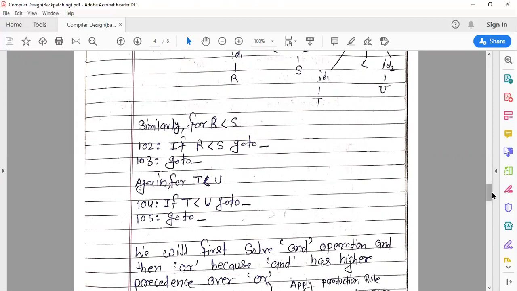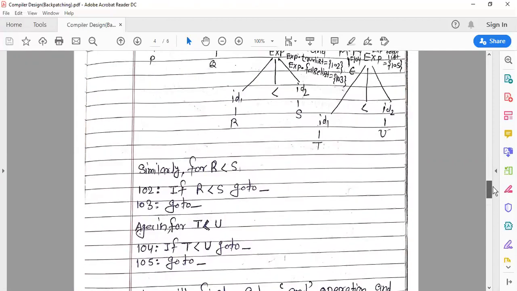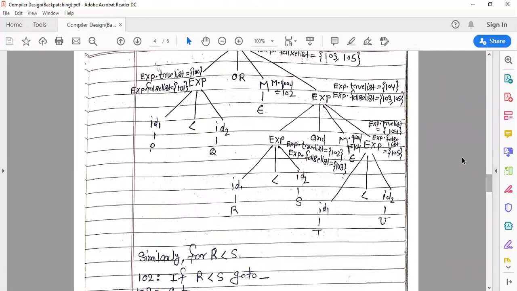All these true and false list addresses are inserted at the node. So here exp.truelist has 104 and exp.falselist has 105.